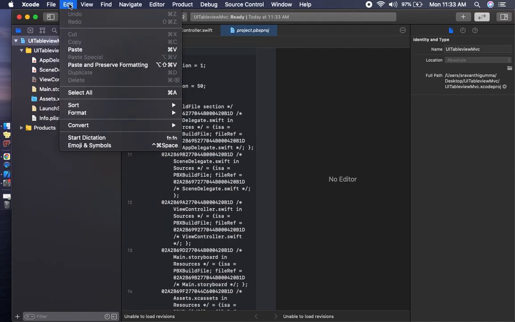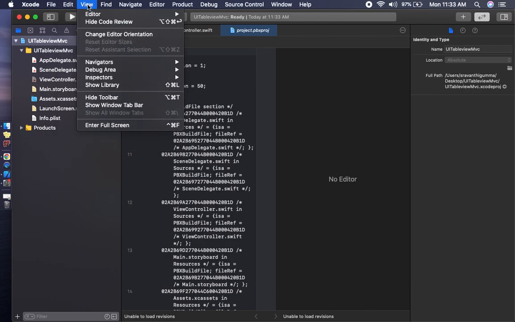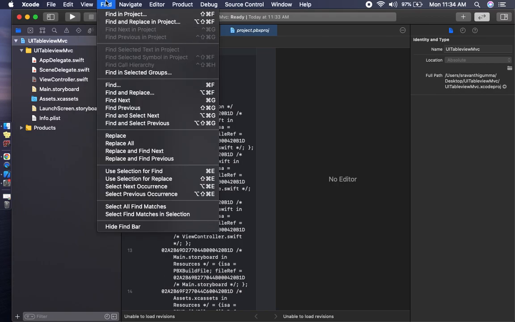Editor means only paste and preview format. View is like editor or hide and code review changes, navigator, debug area, everything we can use. Find is where we find the path of the project and replace in the project, everything.